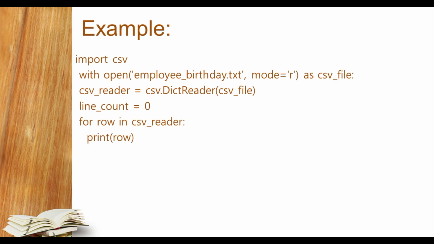So look at the example. Here import csv, considering that in a particular situation you write one file in one script file, and the reading part in another script file. That's why I have imported the CSV module again, and then open the file, the file name .csv, in read mode. Here csv.DictReader, inside that I have passed this particular file object, and I can count the line value if you want. And for row, we have traversed this csv_reader row by row and printed one by one. So let's do it practically students.